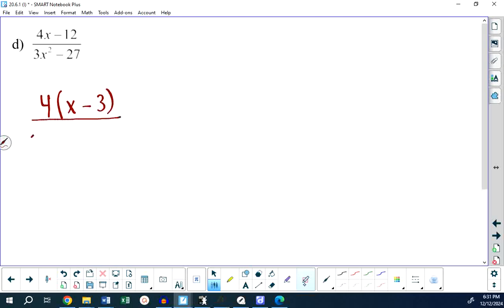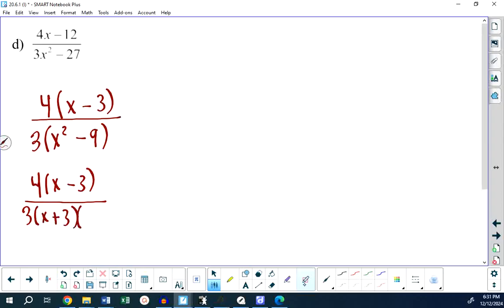The denominator, I can factor a common factor of 3 out. You should recognize x squared minus 9 is a difference of squares. So this is 4, x minus 3 in the numerator, 3, x plus 3, x minus 3 in the denominator,